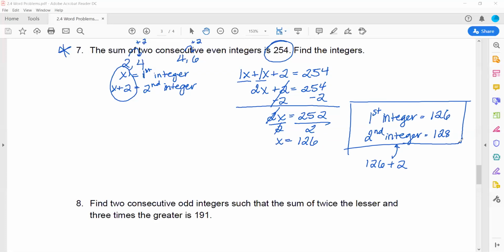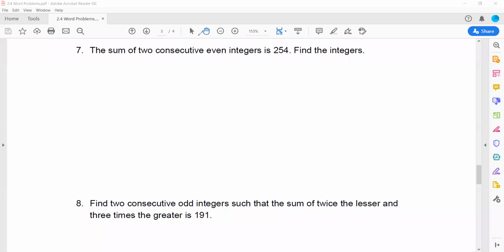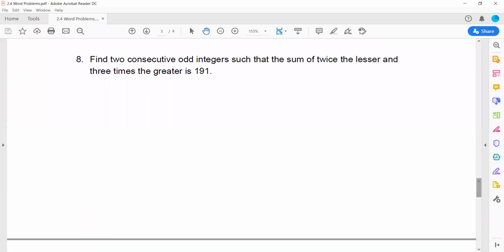All right, let's try another one. In this one, we're told to find 2 consecutive odd integers such that the sum of twice the lesser and 3 times the greater is 191. This one's a little different, but the setup is going to be the same in the beginning. We want to figure out how to represent each of our integers. Again, since they're consecutive odd, those are numbers like 1 and 3. So if I call the first integer x,